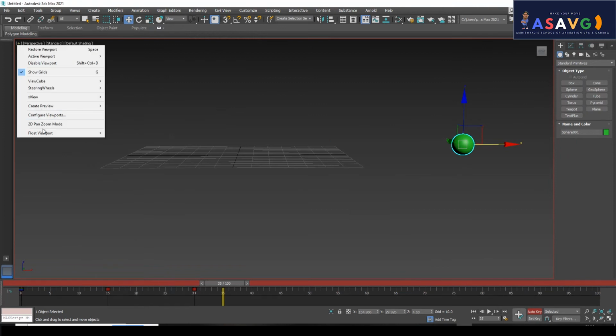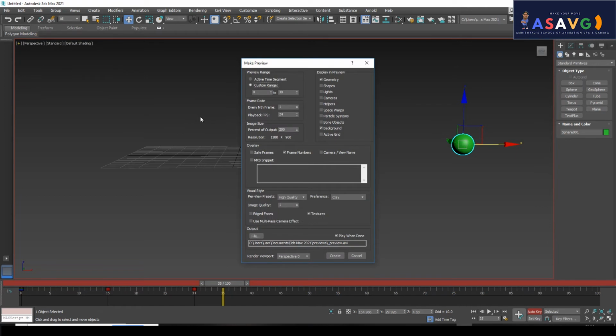So click here. Just go to create preview animation. There will be options for seeing the frame numbers, camera, which camera, save frame. I will be telling you in the coming classes. Okay, texture is there. If you want you can use the texture also. Okay, so this is the thing that we have to concentrate on while taking an output.